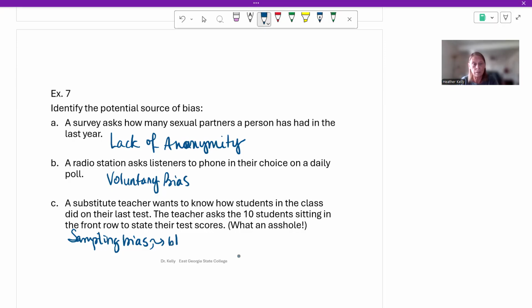Also, because it's just the front row. So let me just stick with that. Good enough. Again, you're not really going to be required to do much more than be able to define a couple of these